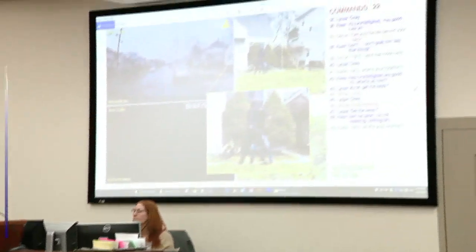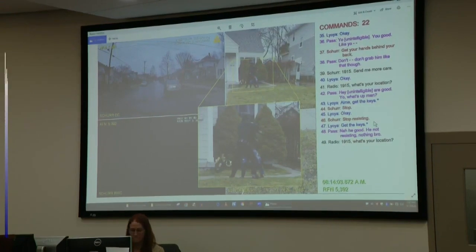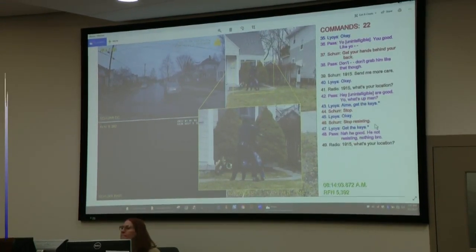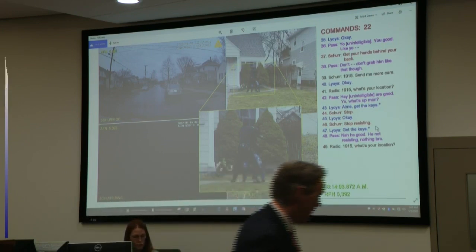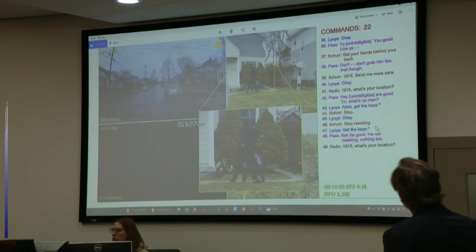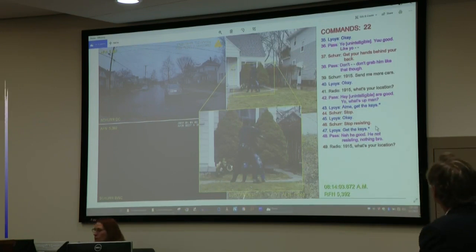Can you start with B11 and then describe for the jury what is in this particular exhibit? This particular exhibit starts at RFN 5392, and it's a series of images that go through showing a segment of video where Officer Schurr and Mr. Leoya were in the struggle. And I'll just advance it with the arrow keys. Do we want to dim the lights, please?